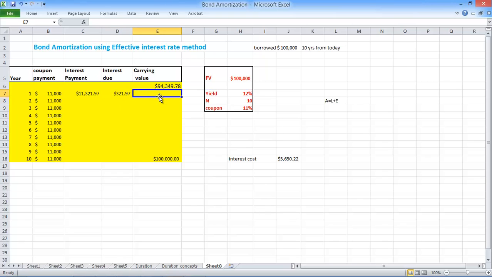And this will get added to your book value because you didn't pay for this. You did not pay this amount yet. You only paid 11,000, so you have to pay the rest. So then the interest is getting compounded on this book value. So this is equal to the carrying value over here times the interest rate, which we'll use the market rate. Okay, and we're going to freeze this,